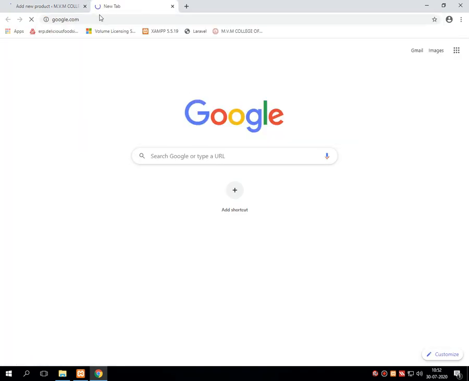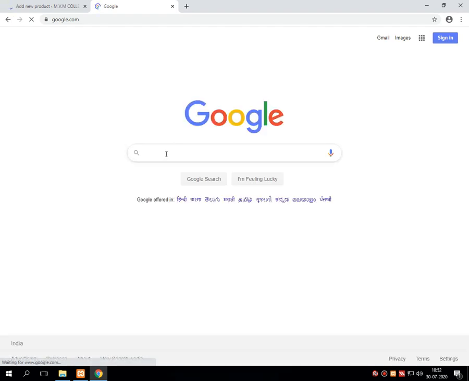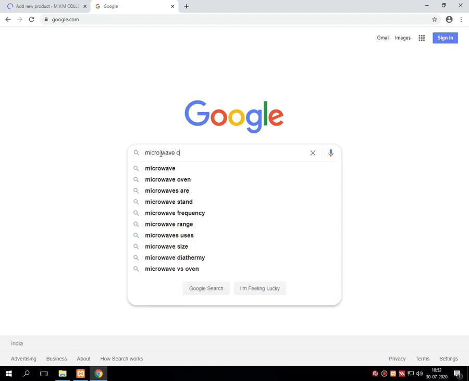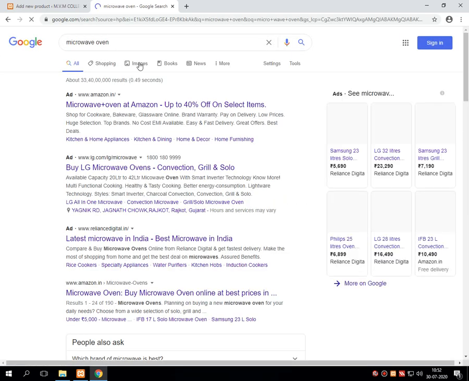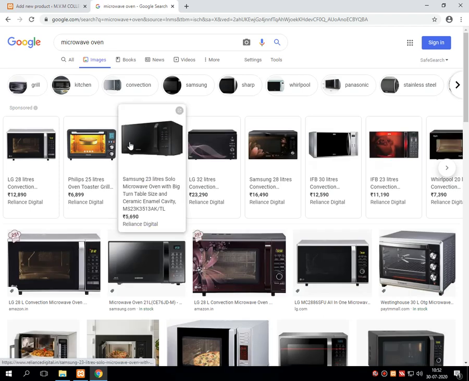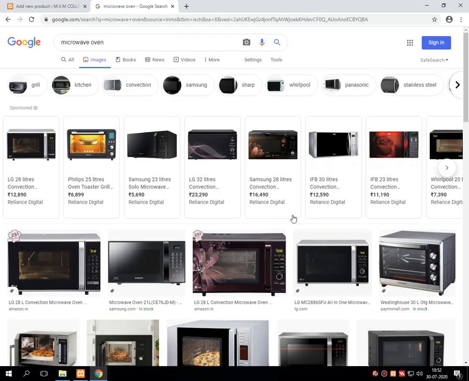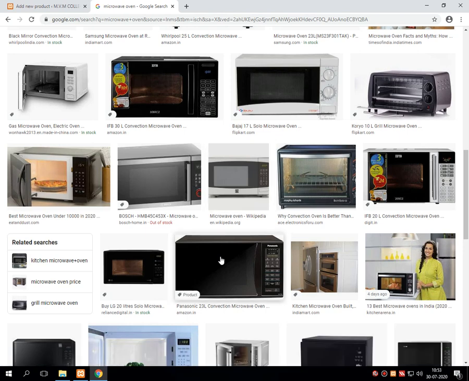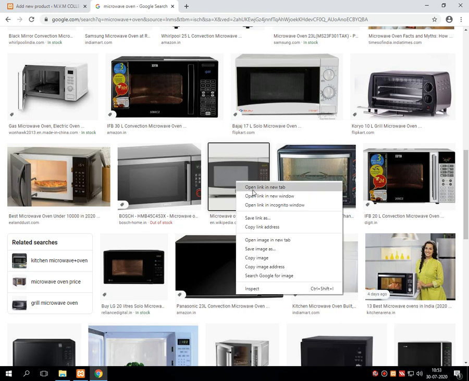So I'm just opening the Google website, and here I am writing microwave oven and looking for some good image. Say for example, I'm taking this microwave oven.